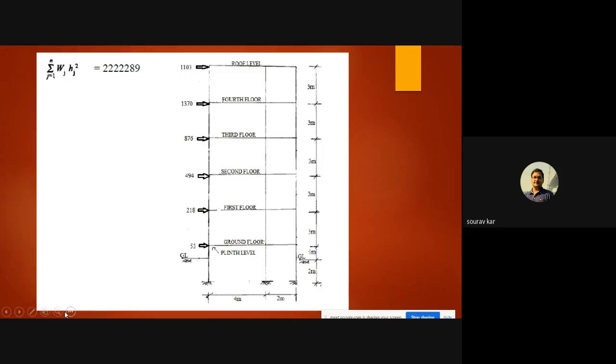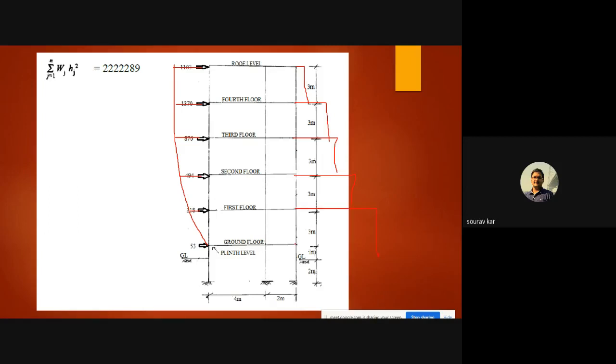Incremental, if you see the variation of these lateral forces is always parabolic. The variation of these lateral forces is always parabolic, and the base shear is something like this. They go on increasing. Okay.